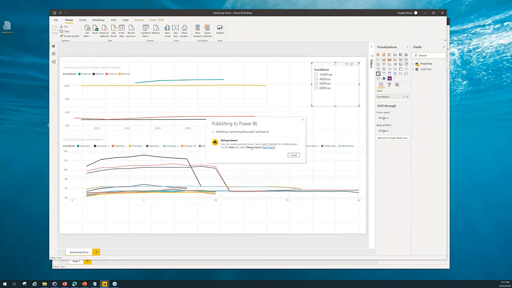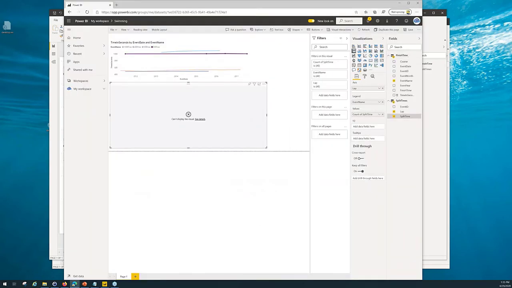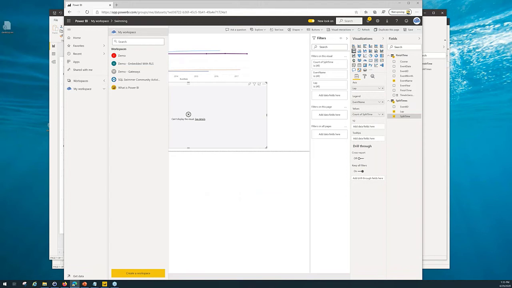And it's going to go through and it's going to say, yep, we're publishing this up to the Power BI service. And it just takes it a couple of minutes. No, actually not minutes. It takes it a few seconds. And then it'll come back and it'll say, oh, success, it's there, yay. And we're going to say, yep, great, thanks. We're going to go back to our web browser. We're going to change the workspace.